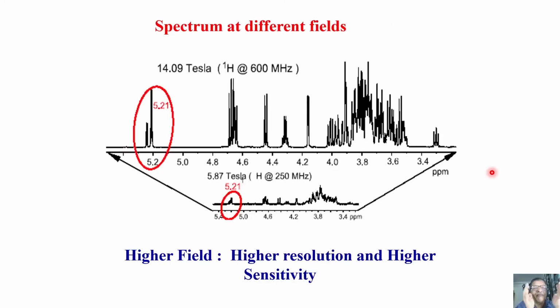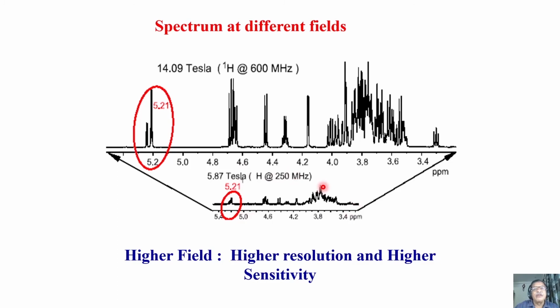So this is where the importance of the magnetic fields comes in, how the spectrum comes, how to make the analysis. You have to make a judgment before making the analysis. Look at this one. This is a spectrum of a molecule recorded at 250 megahertz. See the importance. I explained to you what happens as you increase the field, how the spectral dispersion takes place. If I give you this spectrum and ask you to analyze, how will you do it? Look at it. There is no resolution. The signal to noise ratio is very, very poor. So we will not be able to analyze this type of spectrum very easily at this frequency.